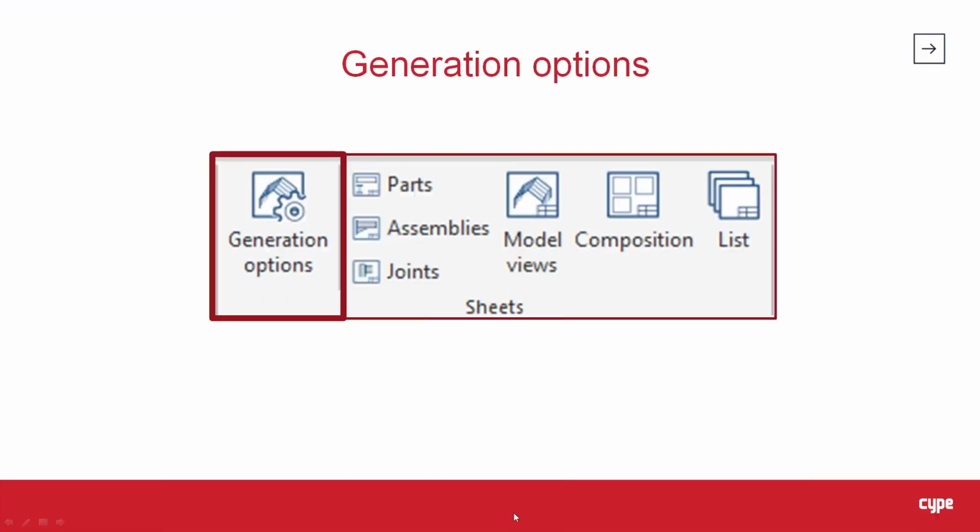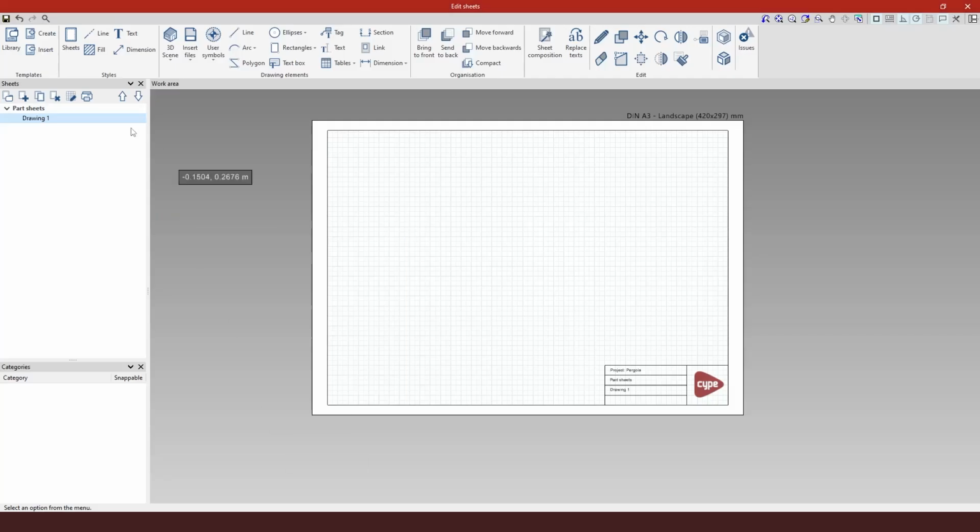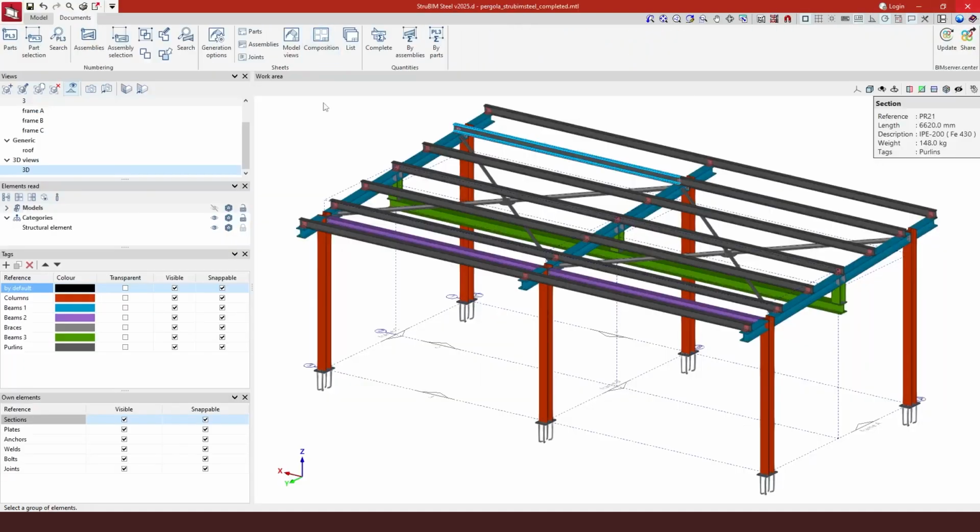If we take a look at the Sheets menu bar, the first operation that comes up is generation options. And that is not by chance, but it is meant to be done like that, because these generation options that we're going to comment on now are going to help us create the rest of the drawings more easily or faster. So if we click, we save the title block, exit this edit window, and click on generation options,